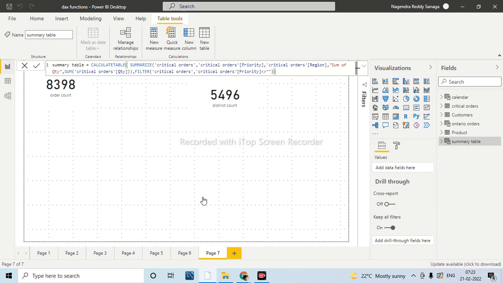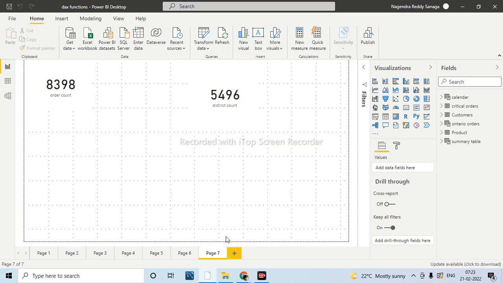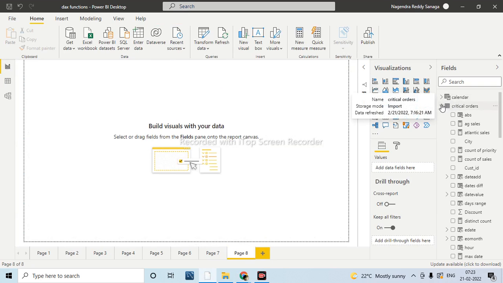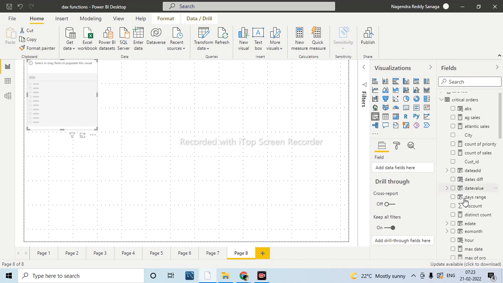Now let me take one example here. I am taking first the filters based on the order date.